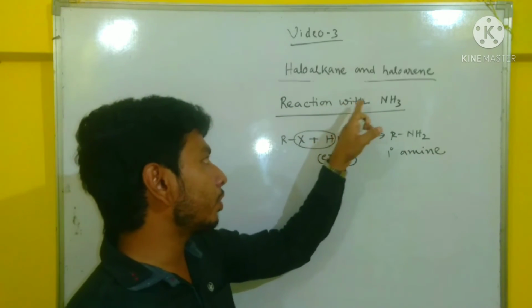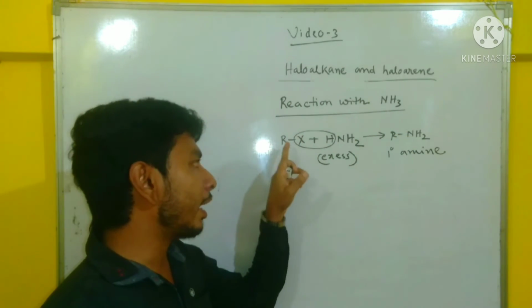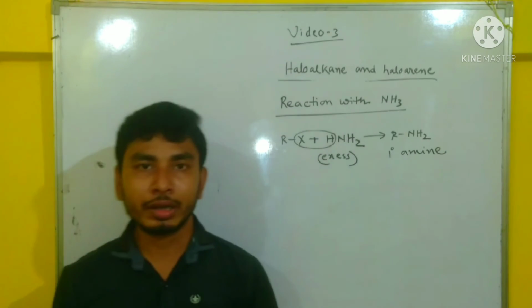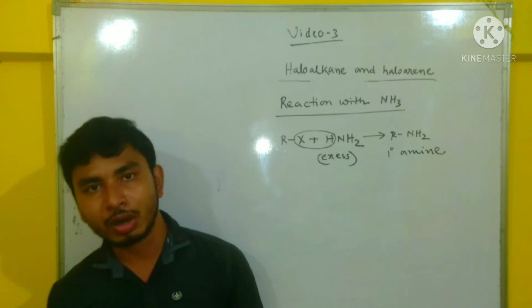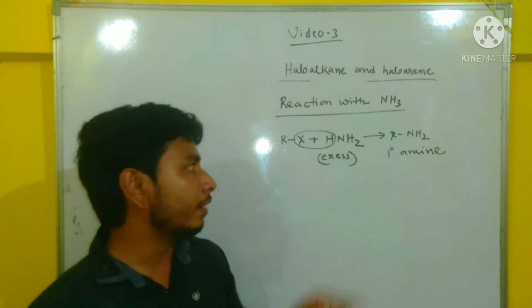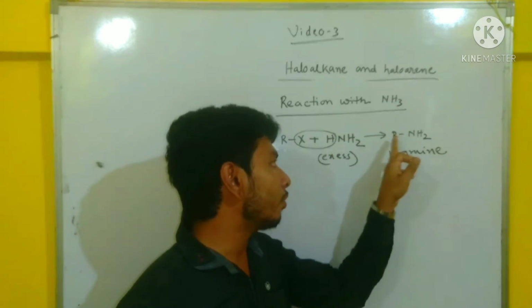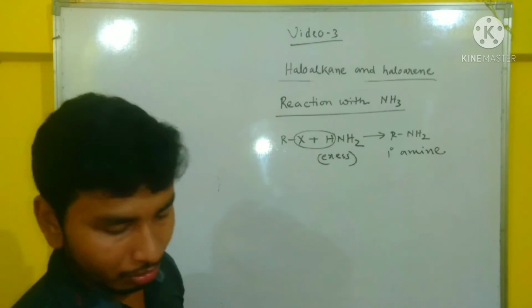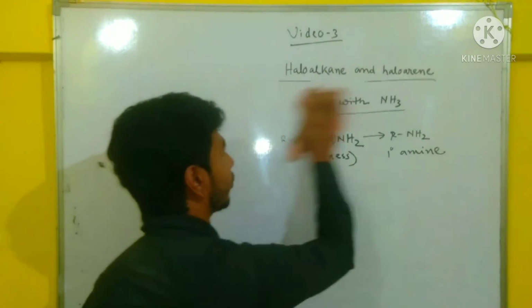So in the reaction with ammonia, if alkyl halide is taken in excess, then we will get a mixture of 1 degree, 2 degree, 3 degree and quaternary ammonium salt. But if ammonia is taken in excess, we will get only 1 degree amine. Now go to the next reaction, that is reaction with